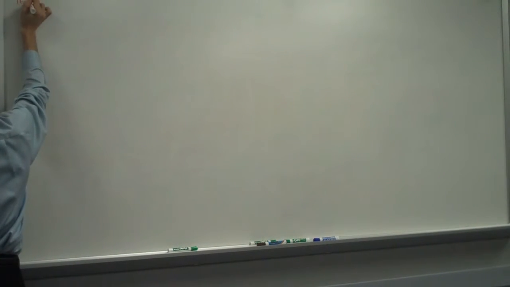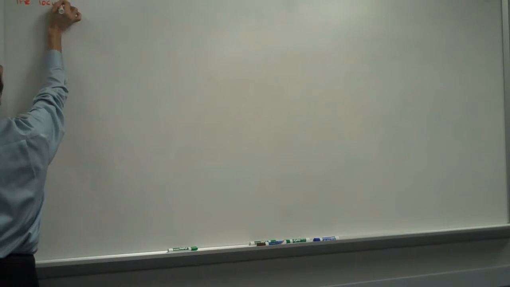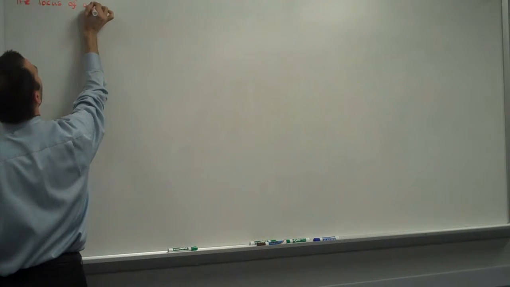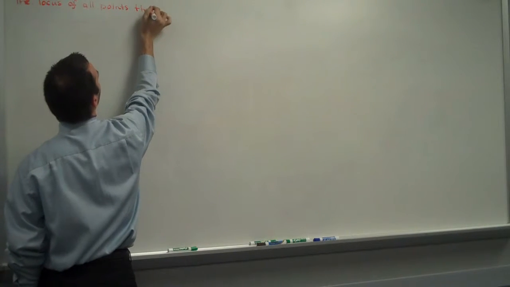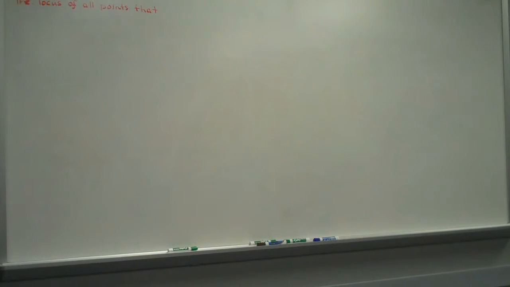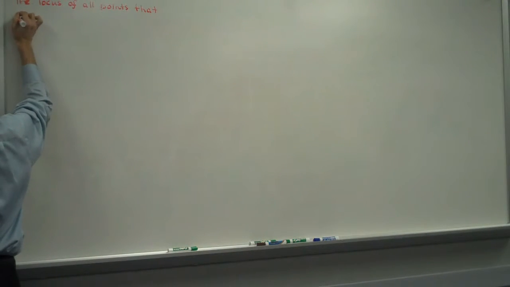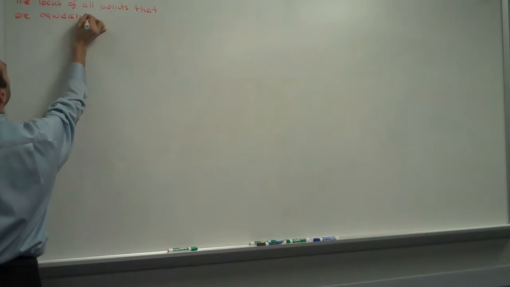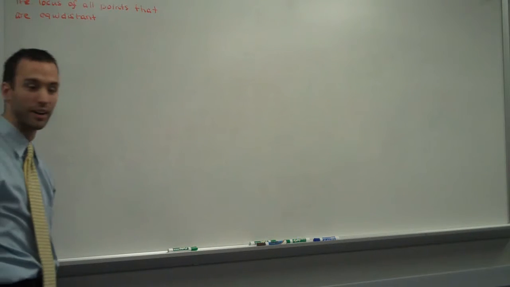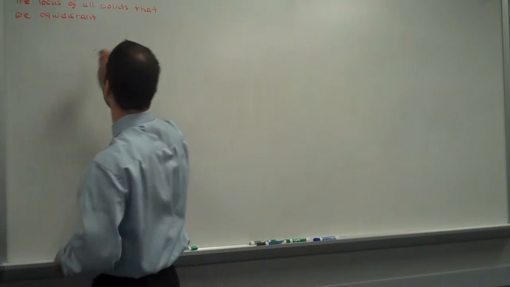So, here we go. Here's what a parabola is in pre-calculus. A parabola is the locus, what a great word, of all points that are equidistant. I love that word. This sounds very circle-esque, right? And our definition of a circle started, I think, identically yesterday. A parabola, though, is the locus of all points that are equidistant from